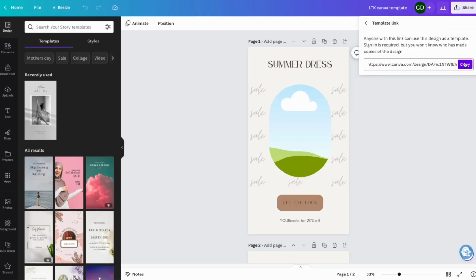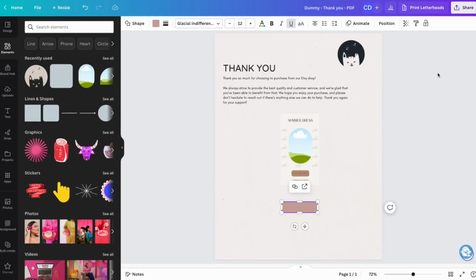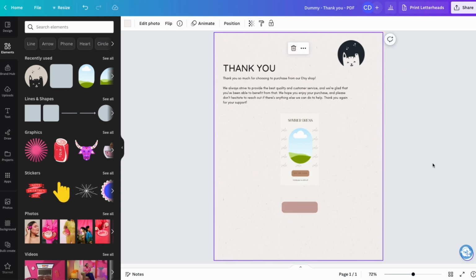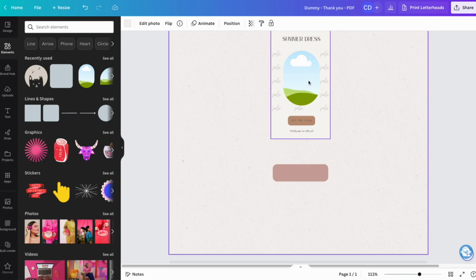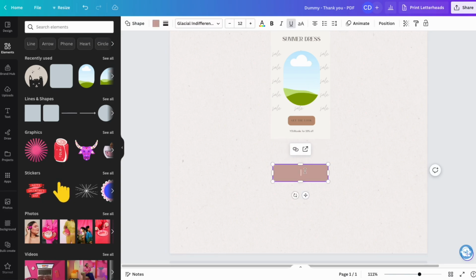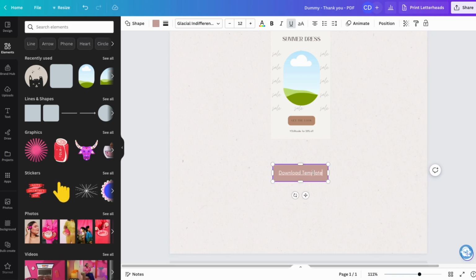Okay, so now that you got this template link, what I usually like to do is to create a PDF thank you page like this so that people can download something. And that's where they can click into the link. I've made a button down here and a preview of what they bought, and I can just go in here and say download template, and then just select this